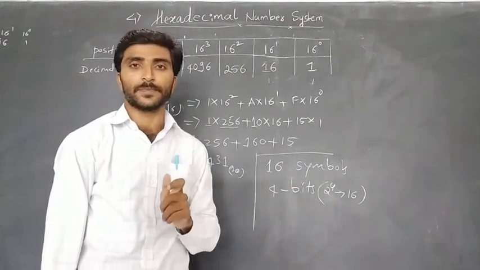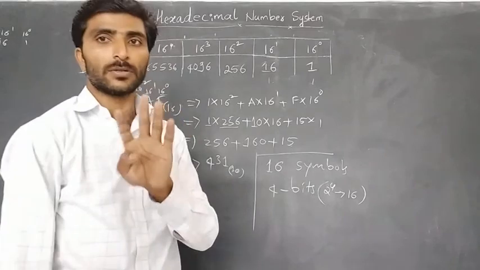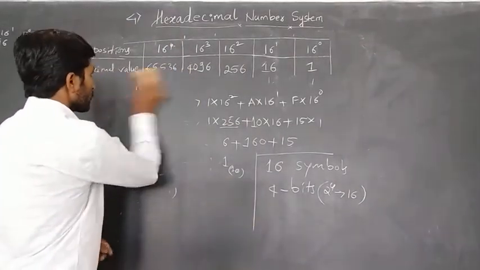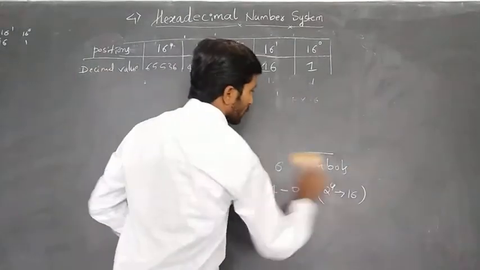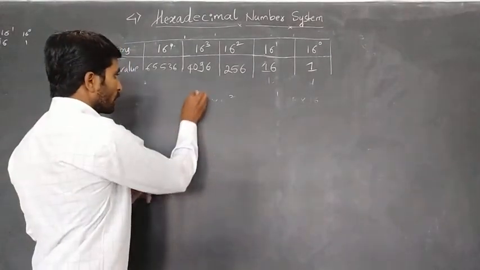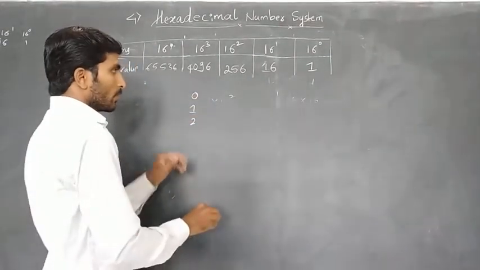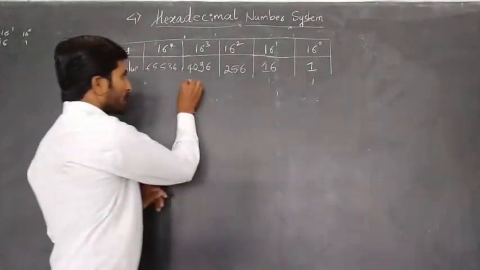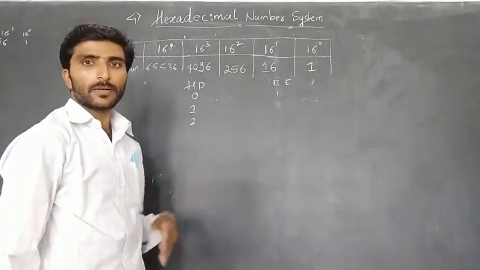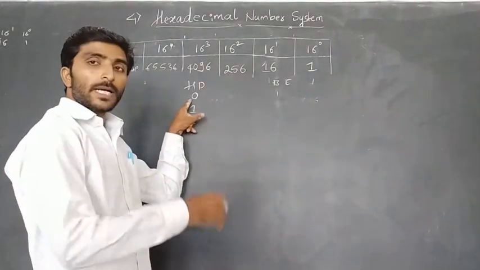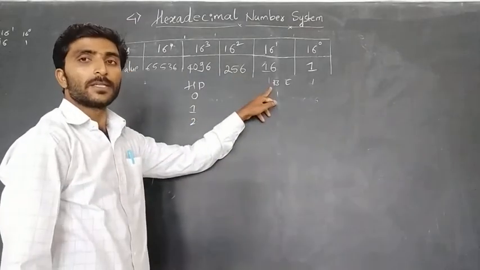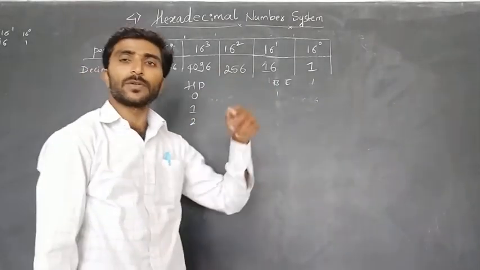How to represent it in binary? Just observe, and then you can write all the remaining ones. First 0, 1, 2. This is hexadecimal, and we are converting to the binary equivalent. I have 0 in hexadecimal and I want to convert it to its binary equivalent, in zeros and ones format.